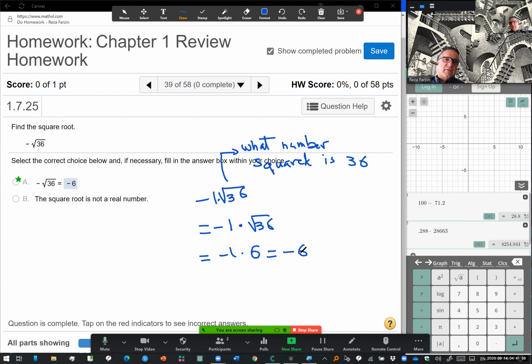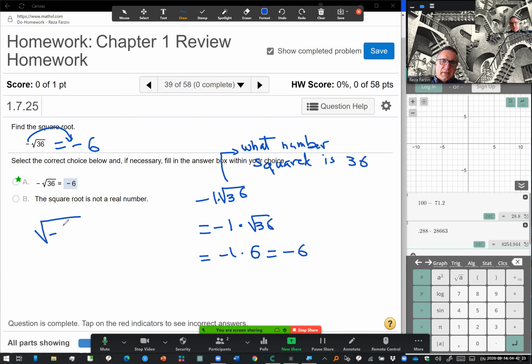With -6. Normally, we don't show all that, right? Normally, when we see this, we just say, look, the negative carries because it's not inside the radical, right? And then you just figure out what the square root of 36 is, which is what? 6. Now, if the